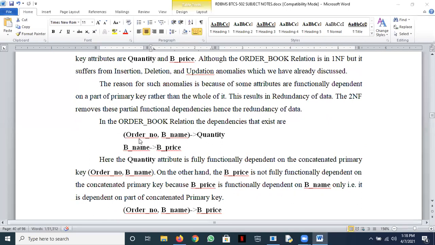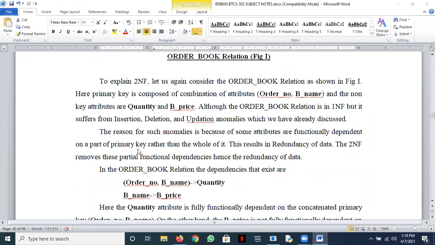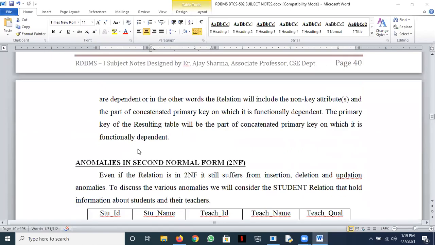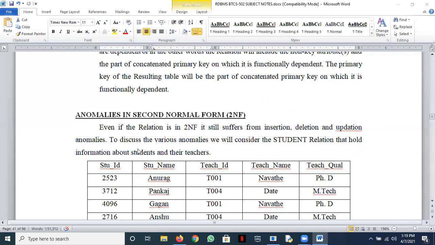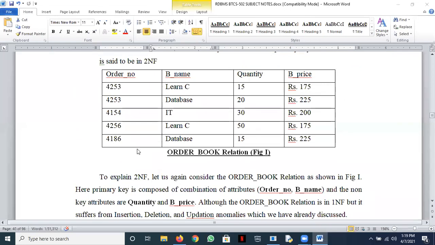See here. This quantity is dependent on order number and book name. That's fine. But price is only dependent on book name. Okay. So what problems will it give? I can just discuss with you. Suppose I want, listen carefully, all of you. You need to maybe write this.